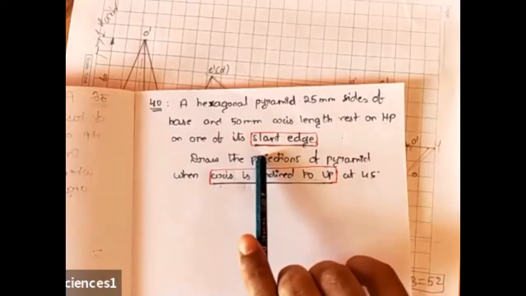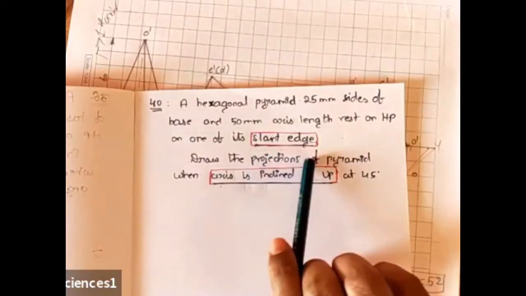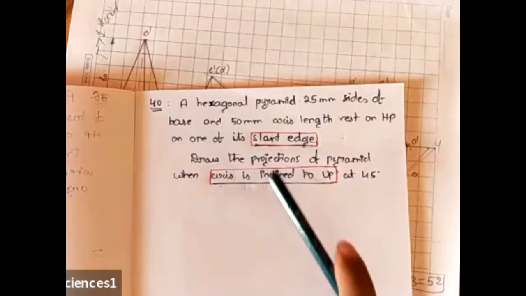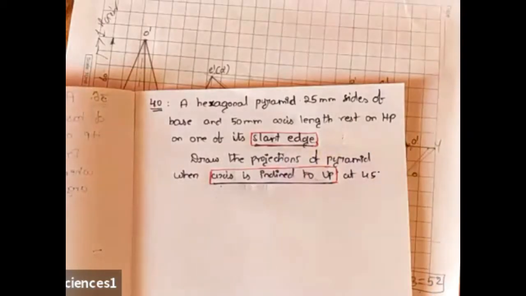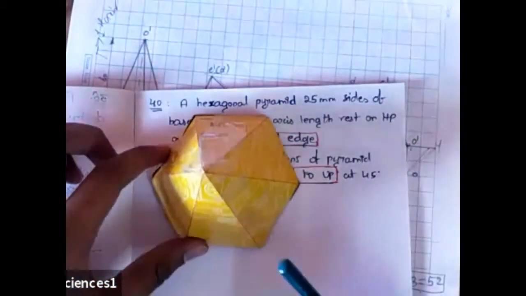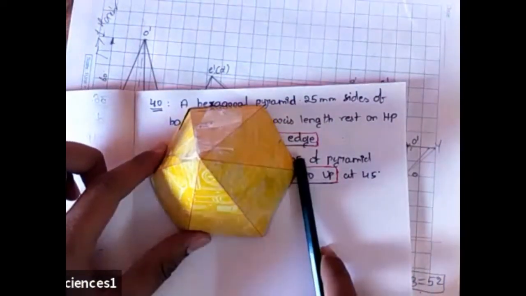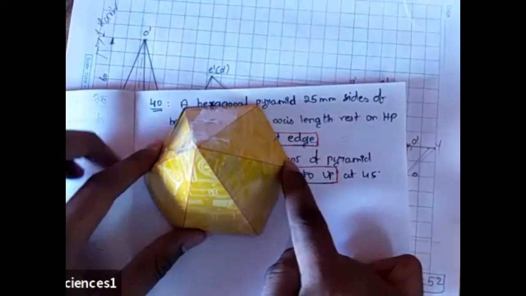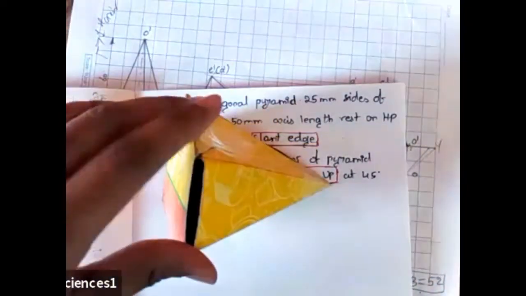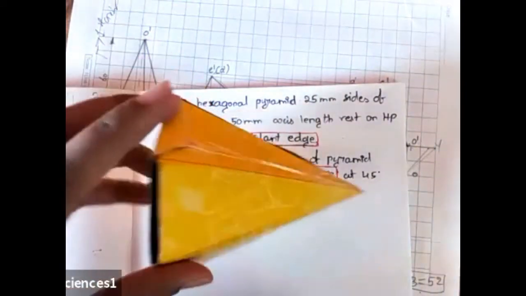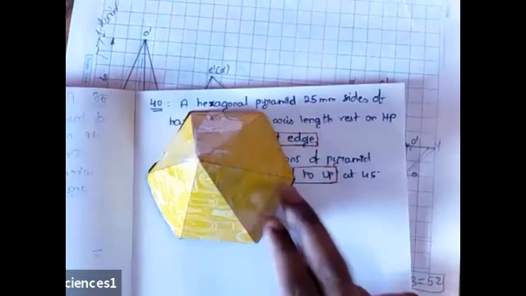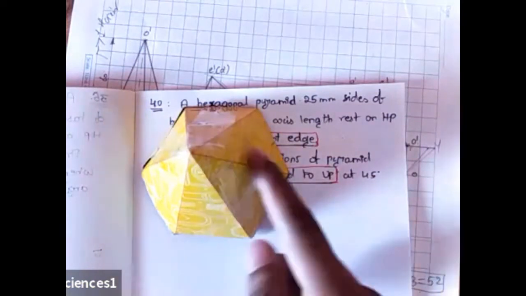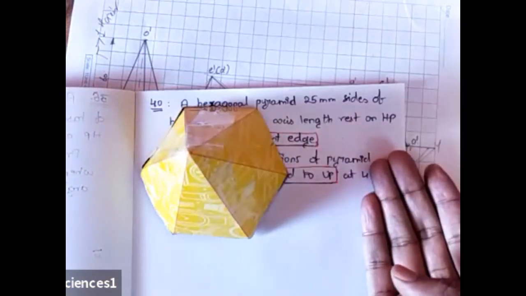Okay, here it is again with respect to the slant edge. The slant edge should be on your HP. Consider this as a slant edge. This slant edge has to be placed on HP like this. What should be your first condition? You can look here. This is your slant edge. This slant edge should be on your HP. Then which condition is it?